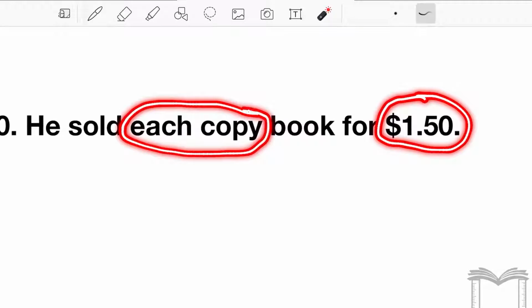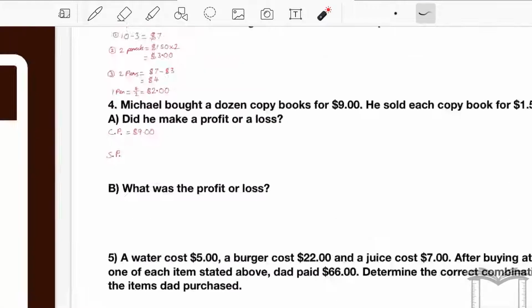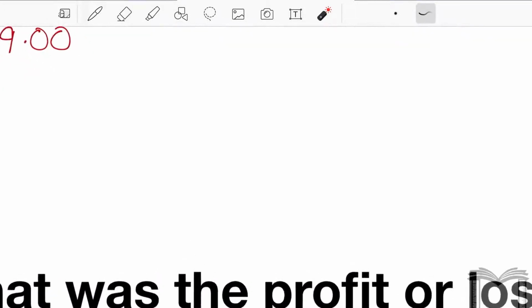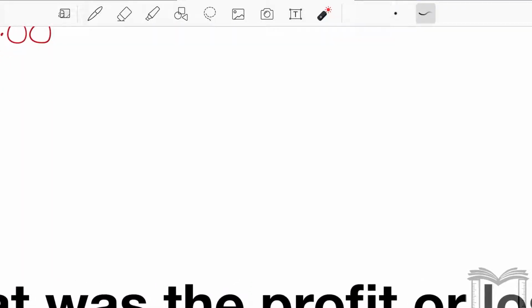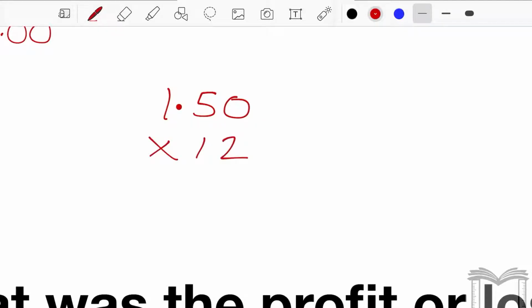It is the selling price of each copybook. We need to determine the selling price of the dozen copybooks since we have the cost price of a dozen. So the selling price, we can work that out by multiplying the price of one copybook by 12 to find the selling price